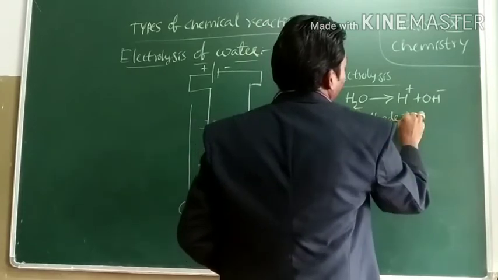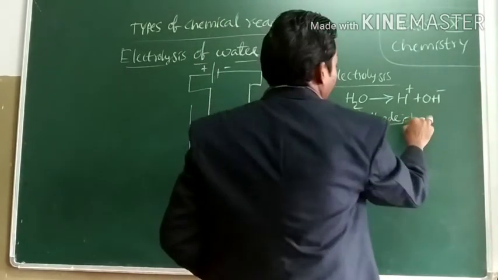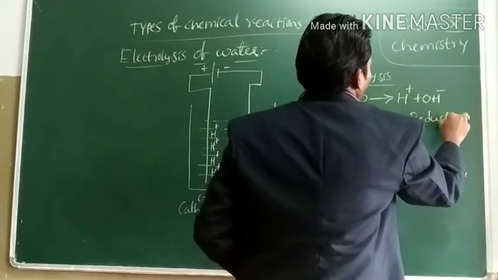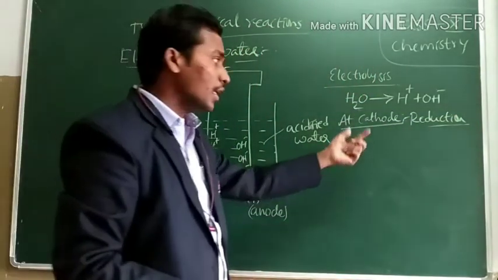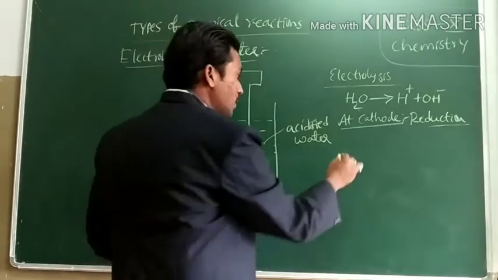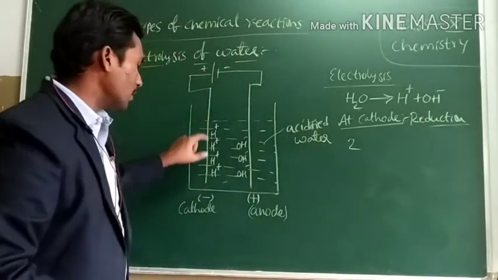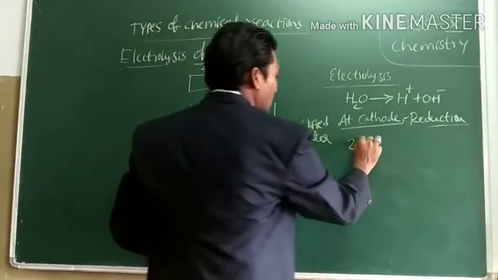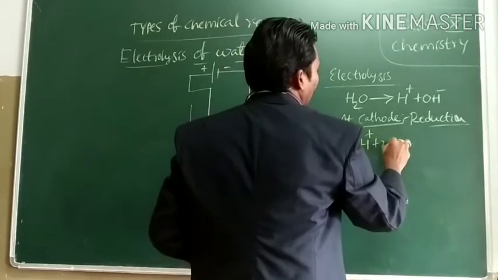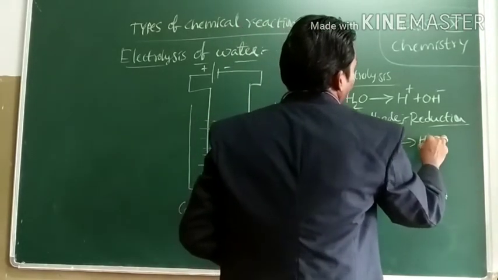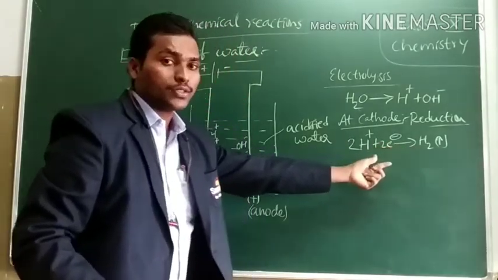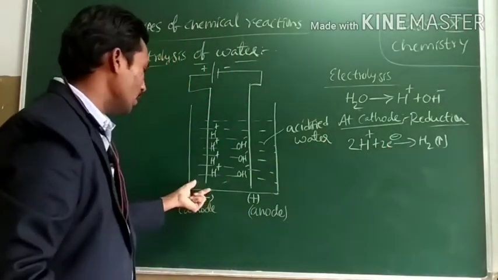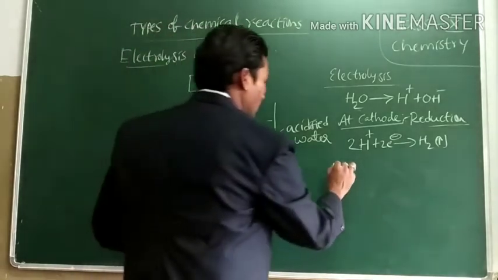At the cathode, reduction takes place. Reduction means gaining of electrons. So H plus ions are liberated at the cathode. H plus ions gain electrons to release H2 gas. So which gas is liberated at the cathode? Hydrogen gas is liberated at the cathode. Here we collect hydrogen gas. At